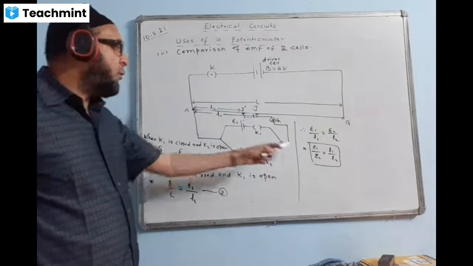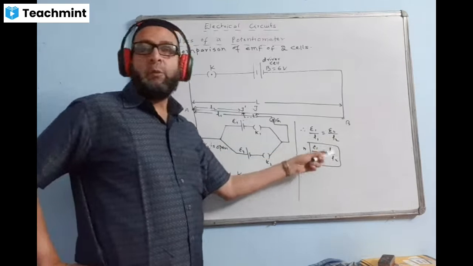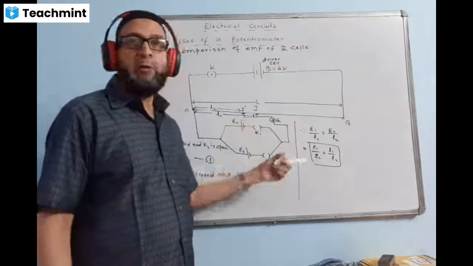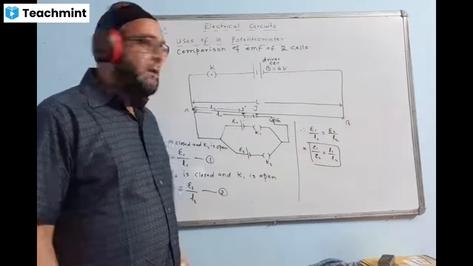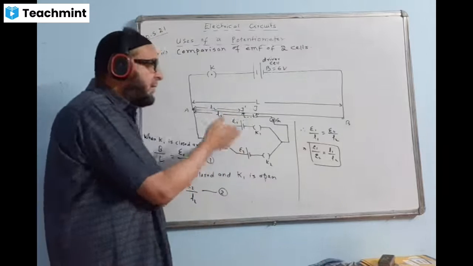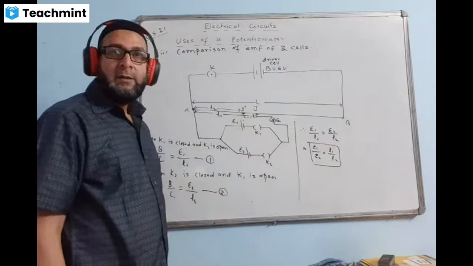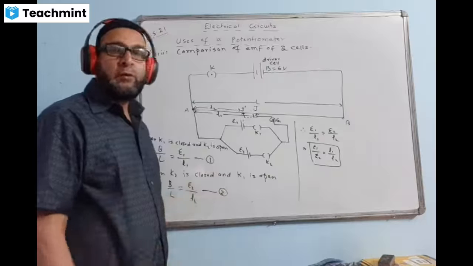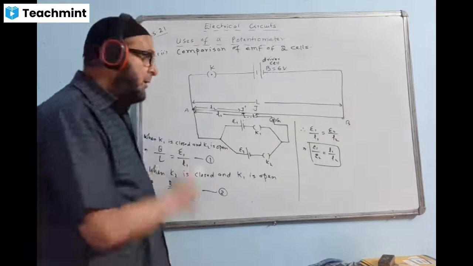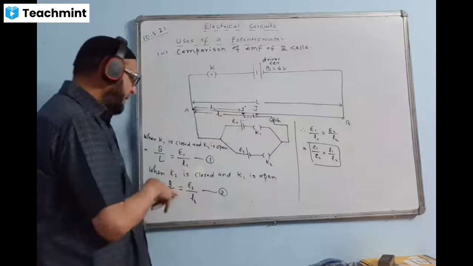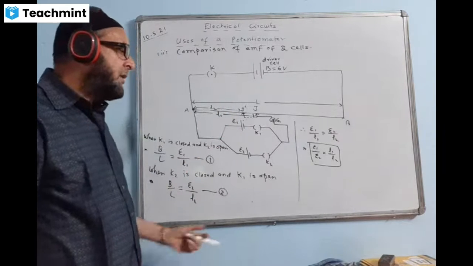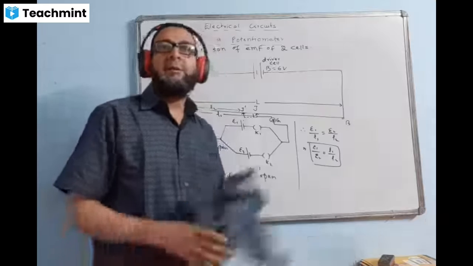If the two lengths L1 and L2 are equal, both the cases we find the balancing length is the same, then EMF also will be equal, E1 will be equal to E2. If L1 is less than L2, then EMF E1 will be less, and they are directly proportional in that case. So this is how we can compare the EMF of two cells. We can find out which cell is having greater EMF, which cell is having a smaller EMF. So this circuit and this result, E1 by E2 is equal to L1 by L2. This case is there in the syllabus, but not very important.